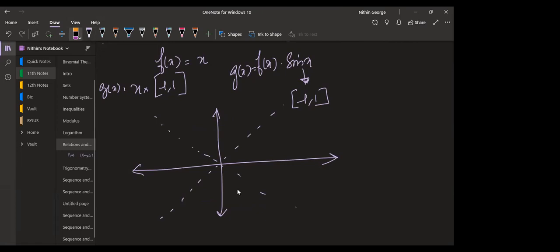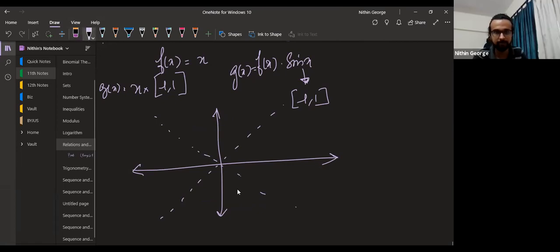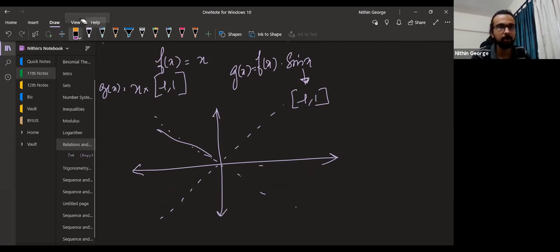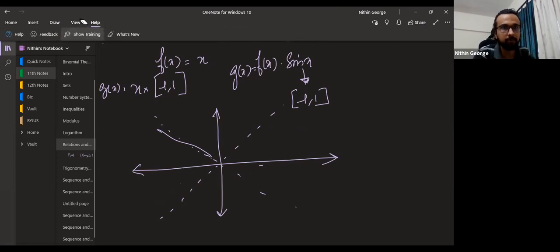Okay, it has to be here. You can see the cursor, right? Can you see the cursor, guys? It has to be in this region or this region alone. It can't go beyond that because sin x is between -1 and 1. All right. Now, draw the graph. I will look at the graph for one second.